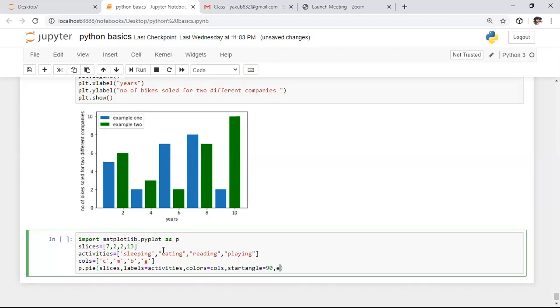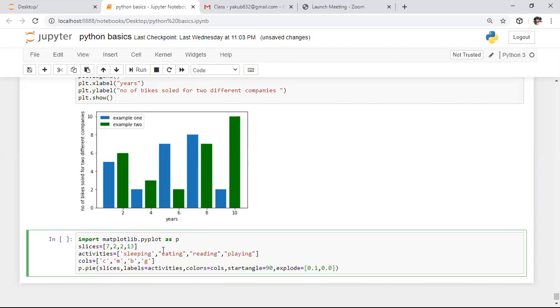To keep a gap between each slice in this function, I am using explode. In this attribute I again define one more list, in which I am specifying the values 0.1, comma, 0.1.